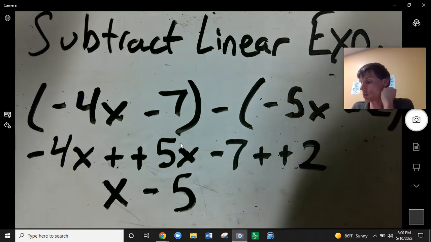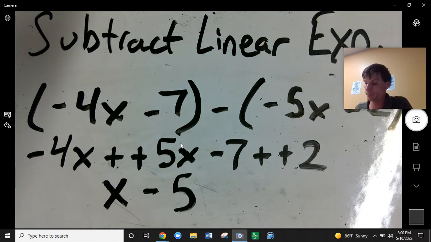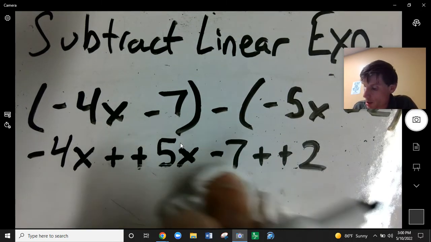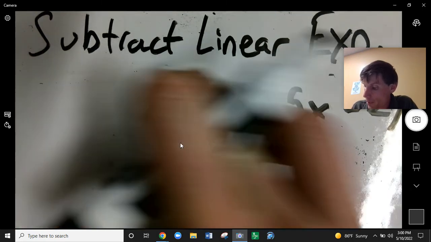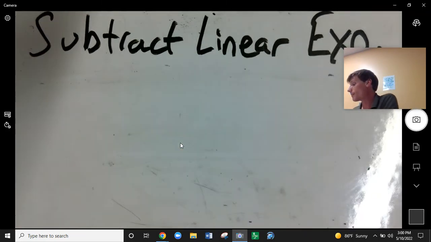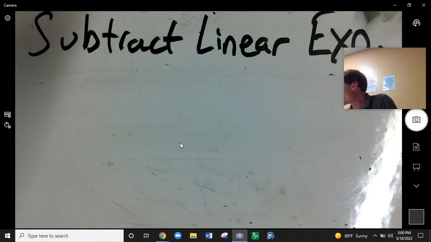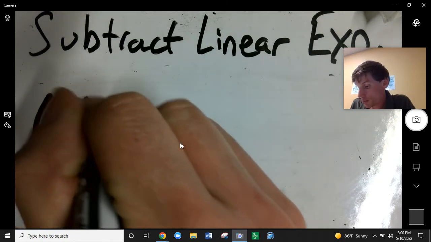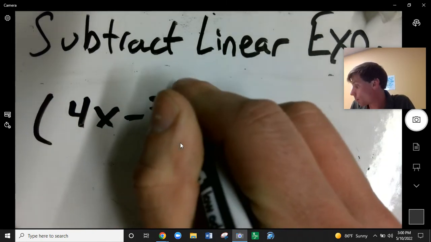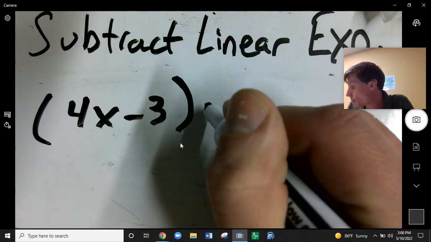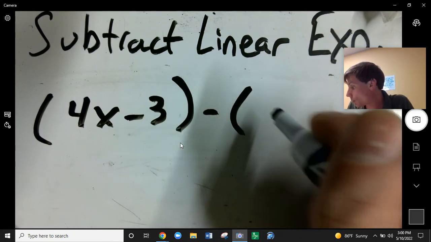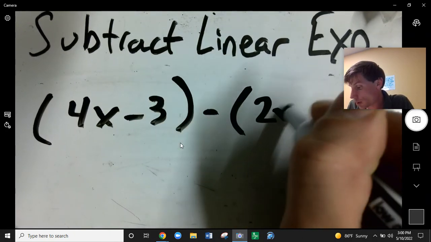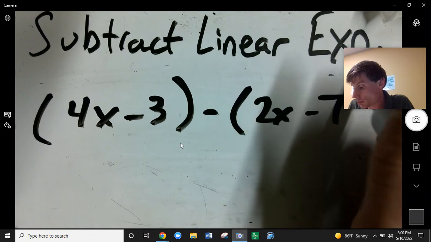Okay. Let's try one more example. If you think you got it at this point and you're ready to move on, go ahead. If you want one more example, I will do just that. Okay, let's see here. Let's say 4x minus 3 minus 2x minus 7. Okay,